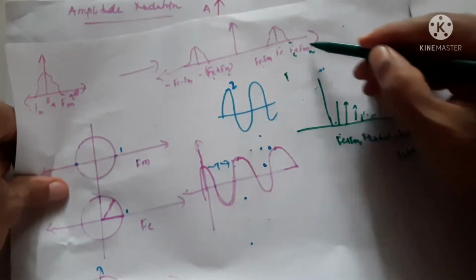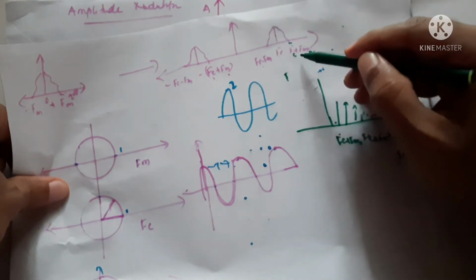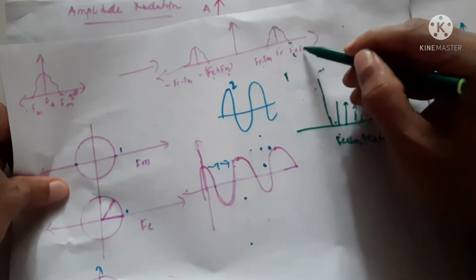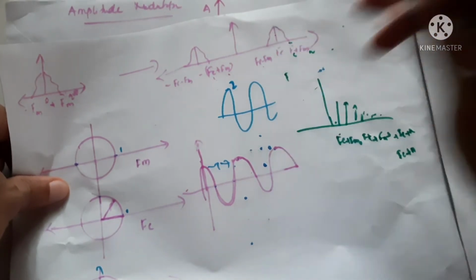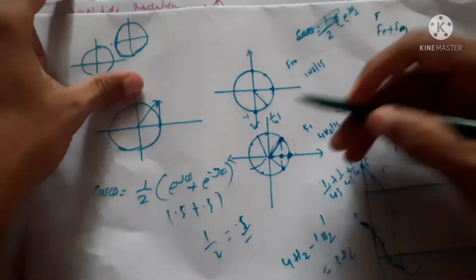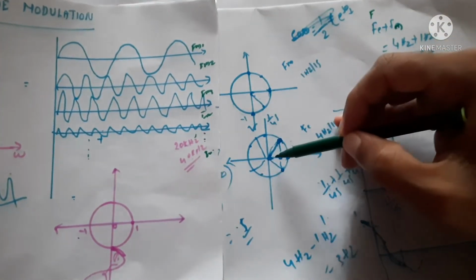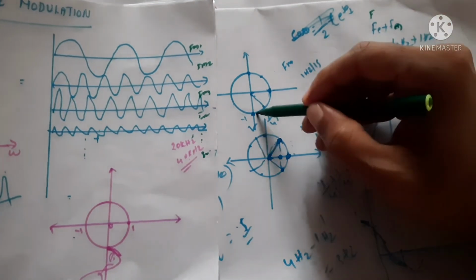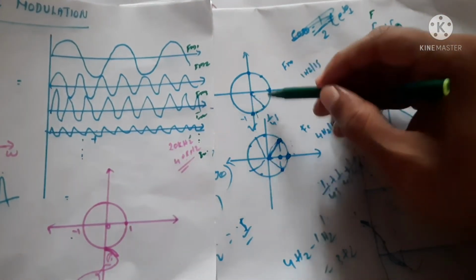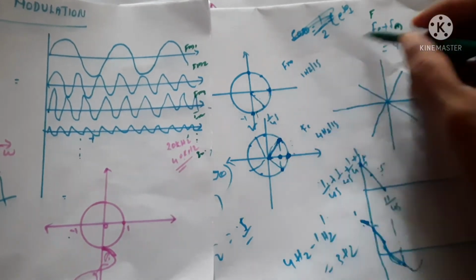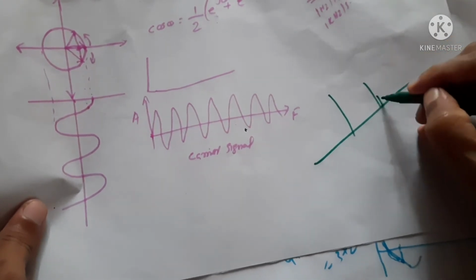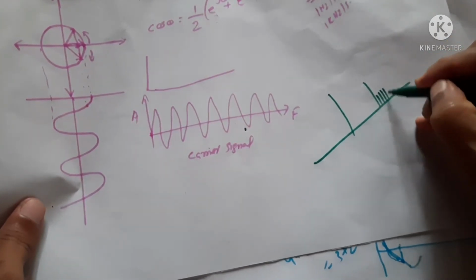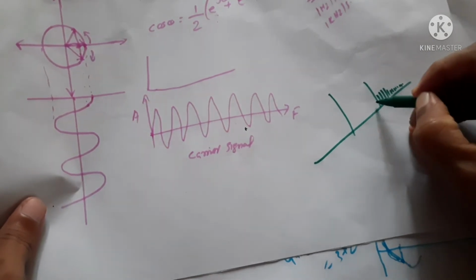This is what we have seen here. The total number of frequencies, FC plus FMN, the last frequency. There is also the negative frequency, like that. As we said, when the first frequency is modulating with this signal, we get FC plus FM. If another frequency is modulated with the carrier signal, we will get another frequency. Like that we will get FC plus FM1, FM2, FM3, FM4, etc., FMN, like that, negative frequency.